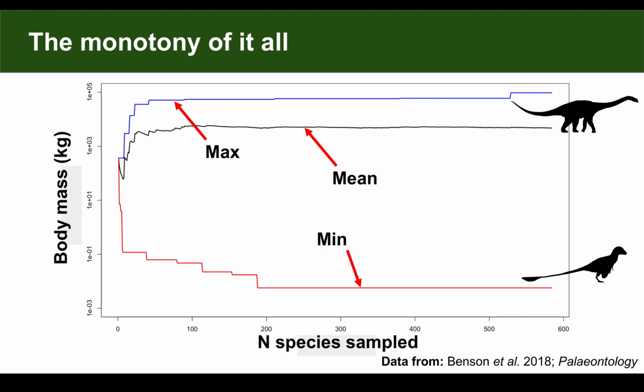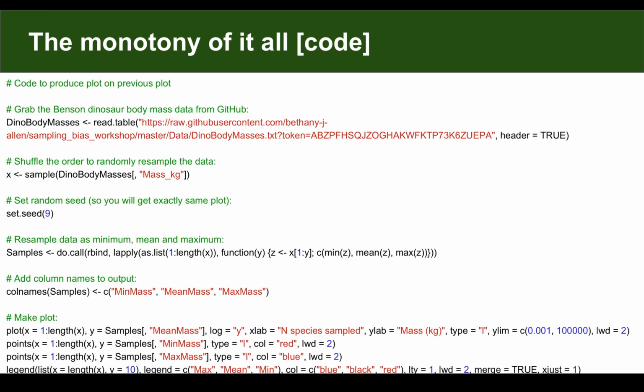So it's this monotonic relationship that is the key thing to consider when we're thinking about sampling bias. Anything that has this monotonic relationship, where the more you collect of a thing, it can only cause an increase or only cause a decrease, those are the types of things we want to worry about in terms of sampling bias, and that's why we'd want to use the specialist techniques we're going to encounter in this workshop.